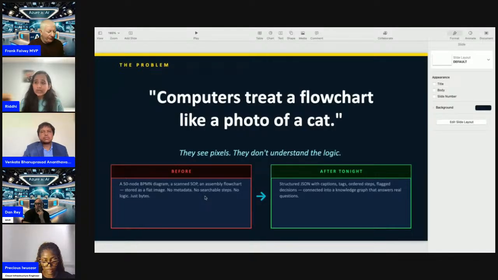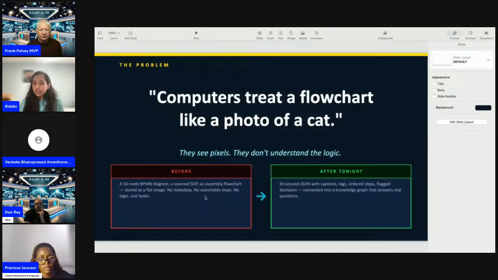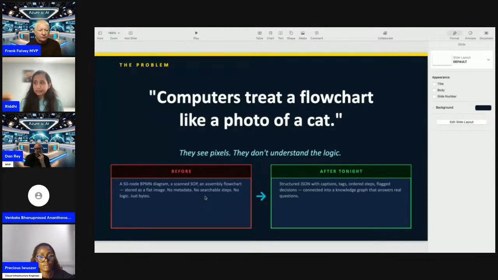There is no metadata, no searchable steps, no decisions, no logic. It's just bytes. What I'm trying to propose in my practical approach is, instead of that image, the better way is to show it as structured JSON with captions, tags, ordered steps, and flagged decisions, which can then connect to a knowledge graph, and we can get real insight out of it.